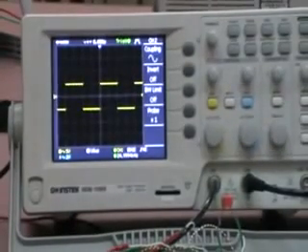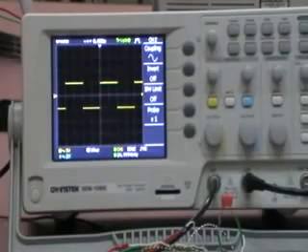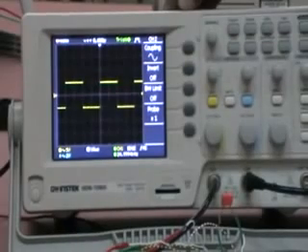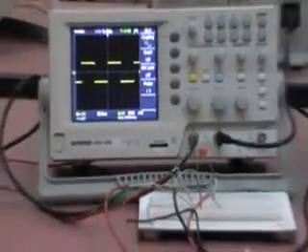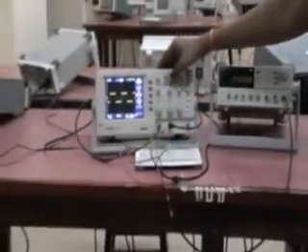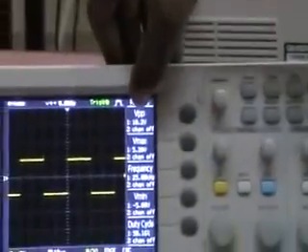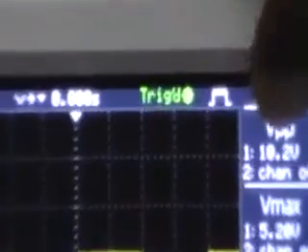As we can observe, the square wave given from the function generator appears across channel 1. Another thing is we have to keep 10 volts peak to peak, and we can measure the 10 volts peak to peak from the measure button on the DSO. See whether across channel 1 it is approximately 10 volts.